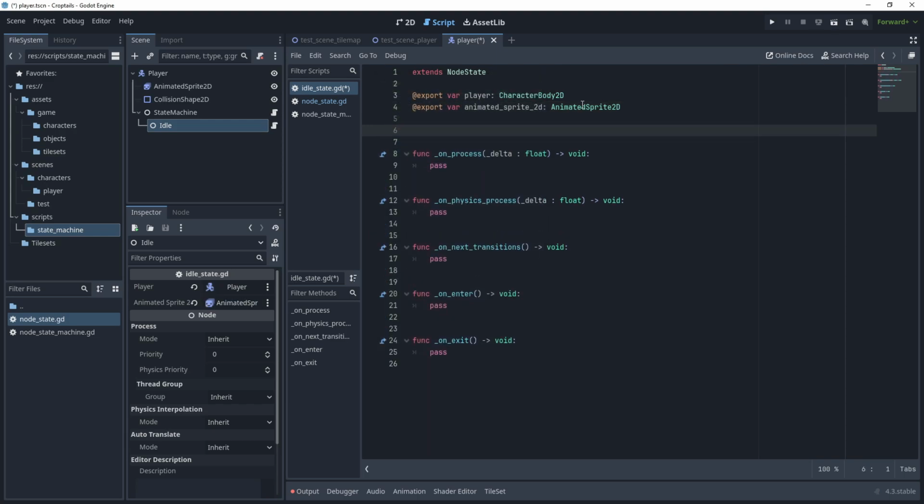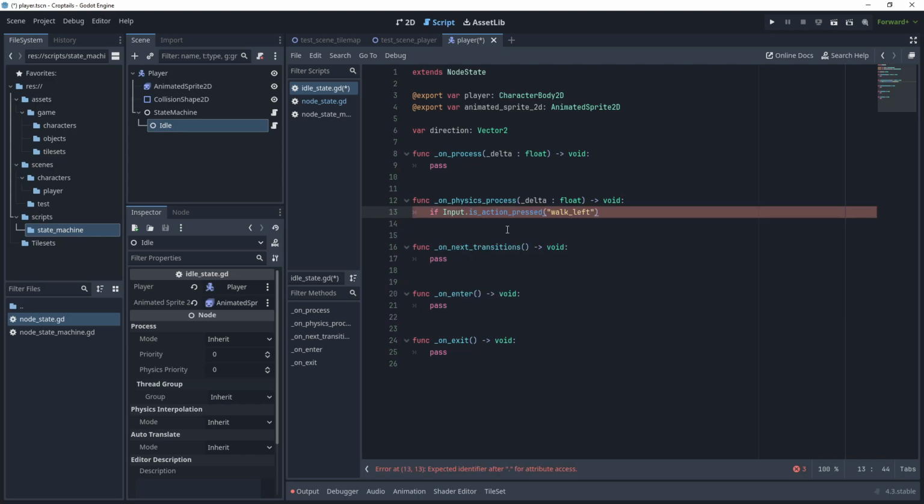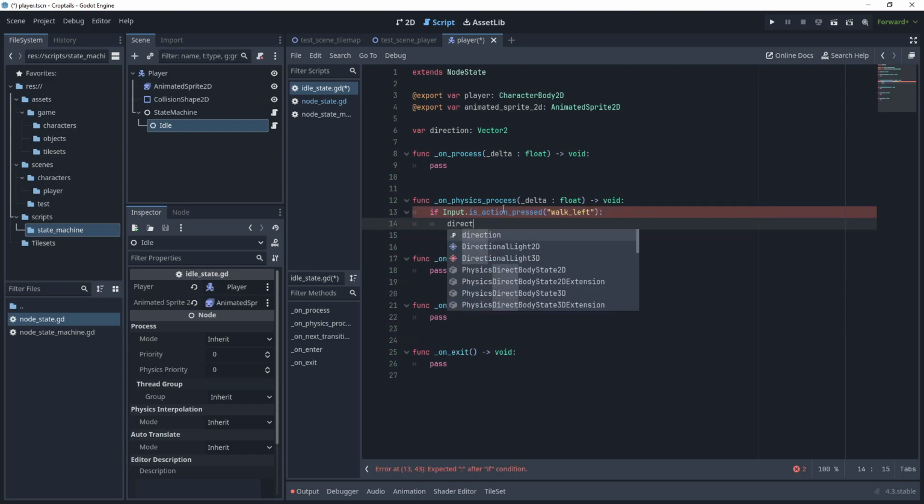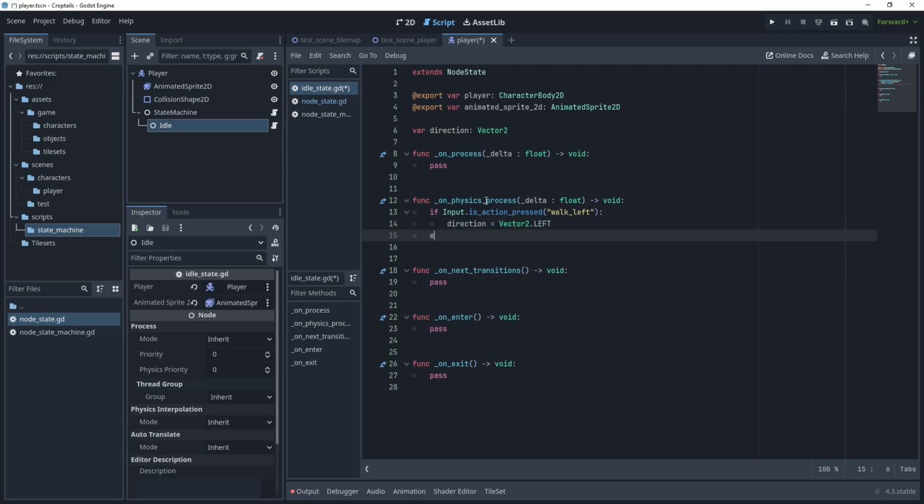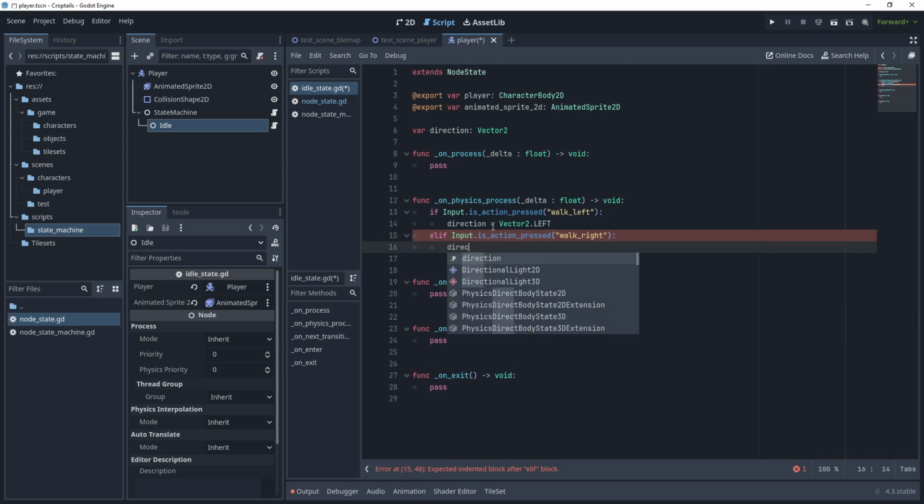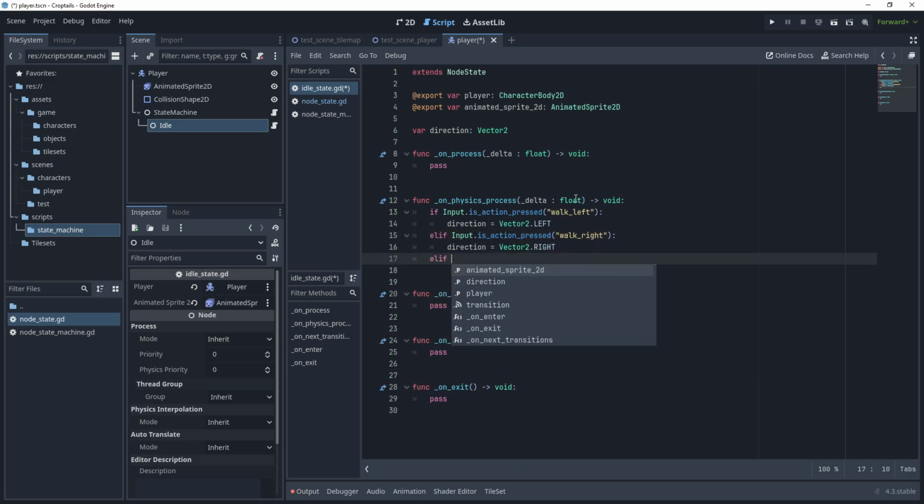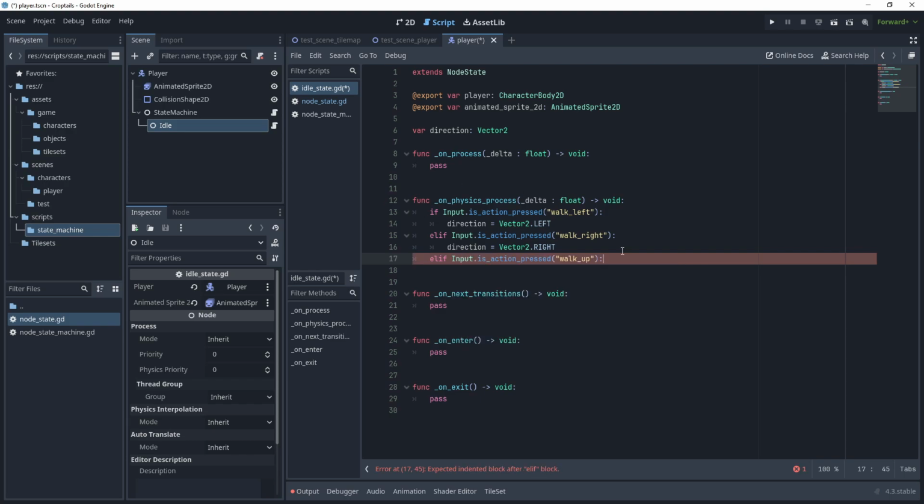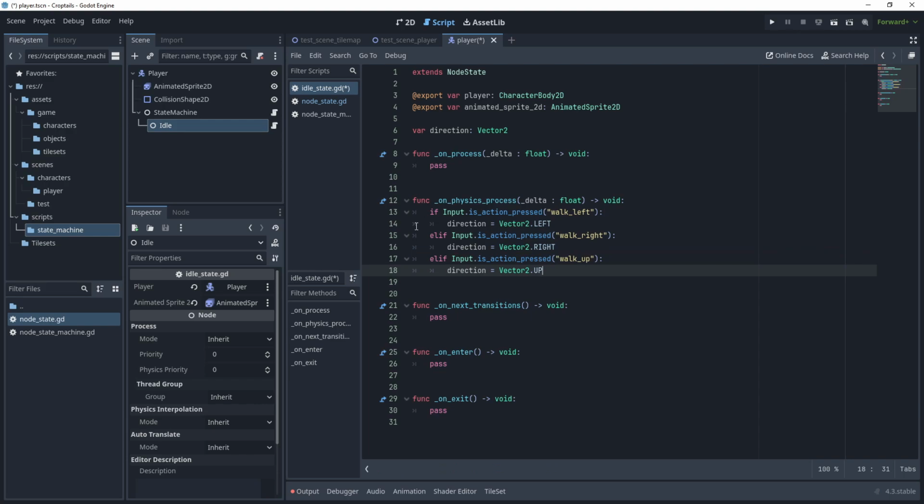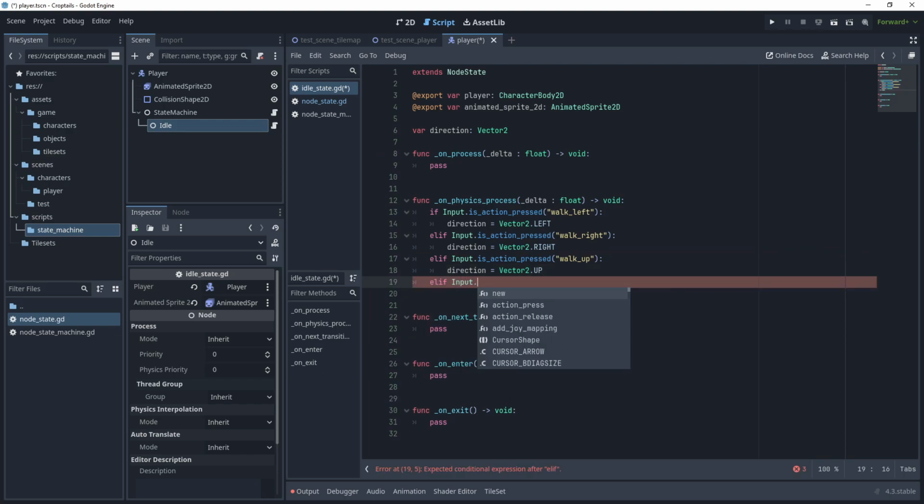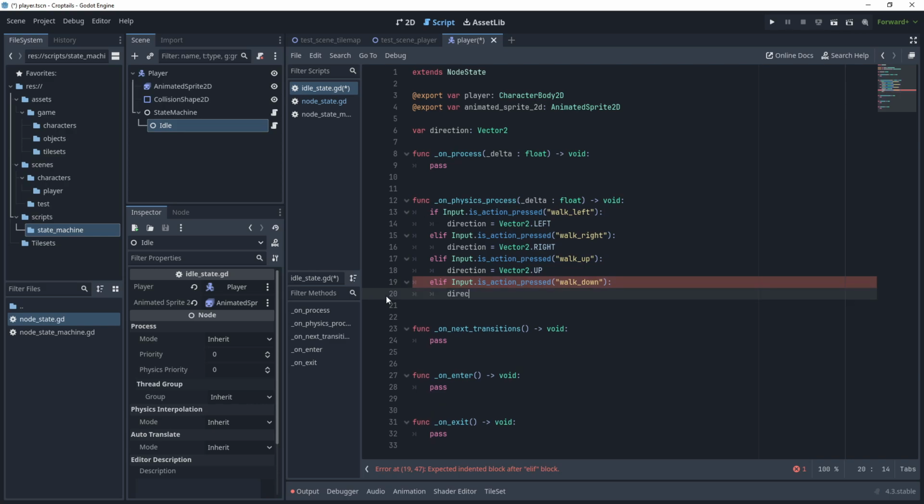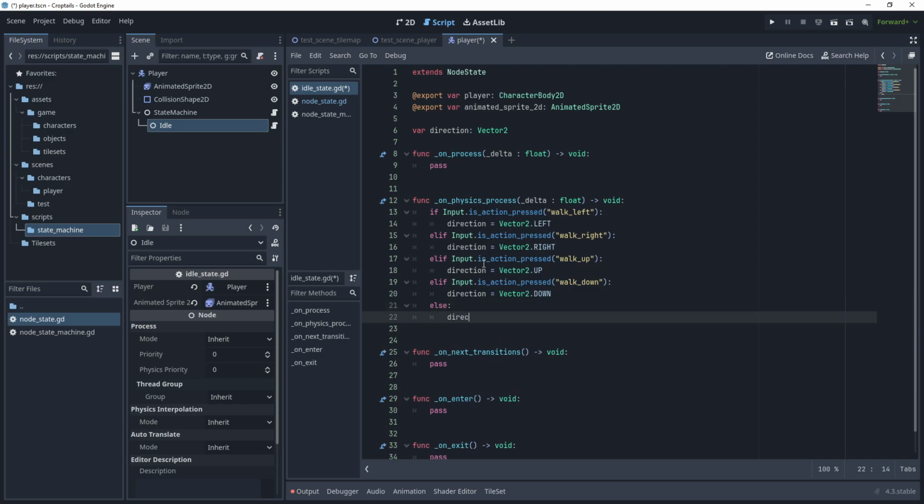Then let's add another variable called direction, which is of type Vector2. In the _physics_process, we will say if Input.is_action_pressed("walk_left"), then direction equals Vector2.LEFT, else if Input.is_action_pressed("walk_right"), then direction equals Vector2.RIGHT, else if Input.is_action_pressed("walk_up"), direction equals Vector2.UP, else if Input.is_action_pressed("walk_down"), direction equals Vector2.DOWN, and finally else direction equals